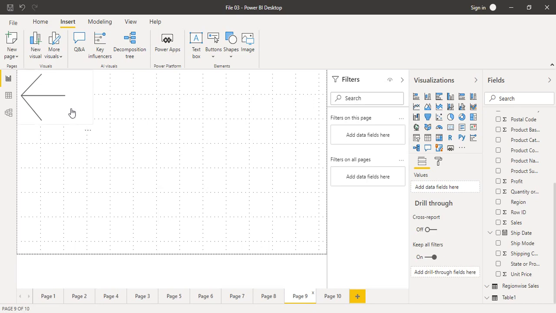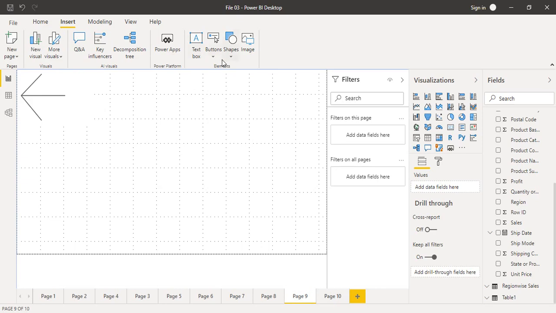If I just control click on this button, you need to control click on this button, then you come to page 10. Here you can see that you have stepped backwards, you have come to page 10. That is how this back action works, and that's how the different types of actions can work actually. Okay, so this was the first action.